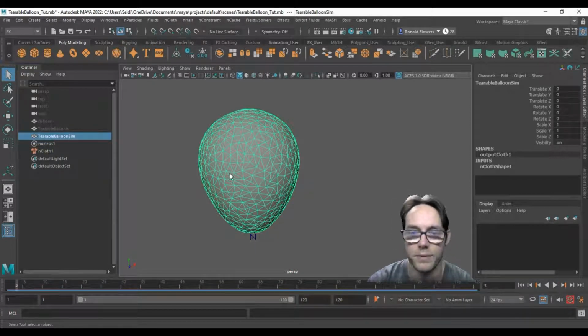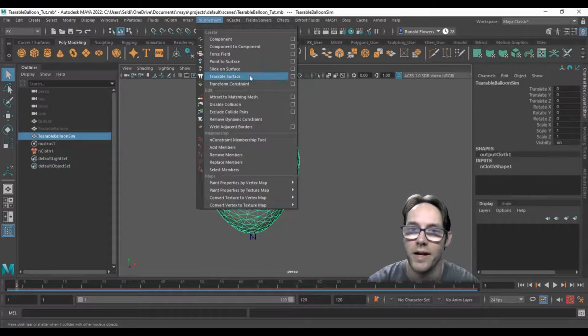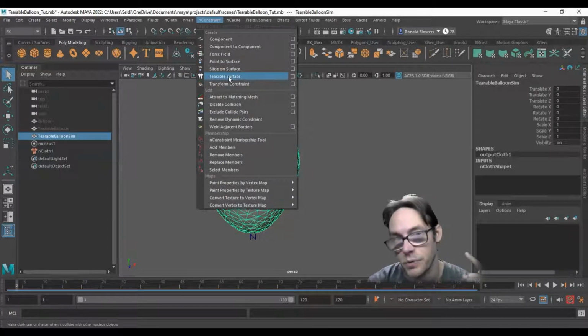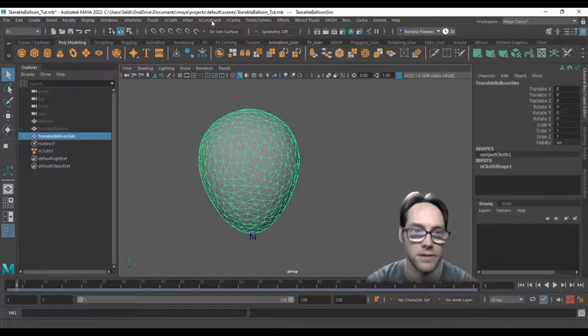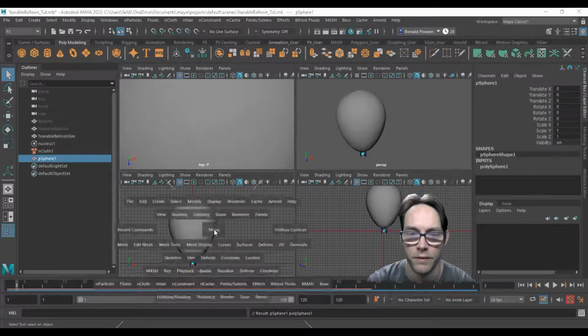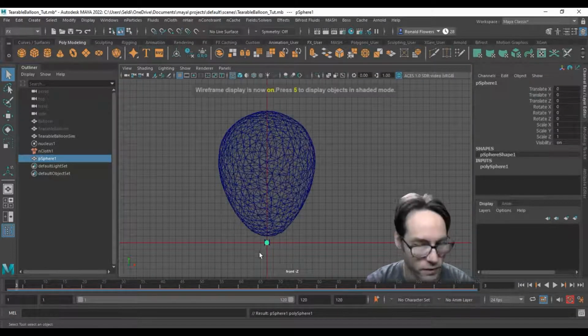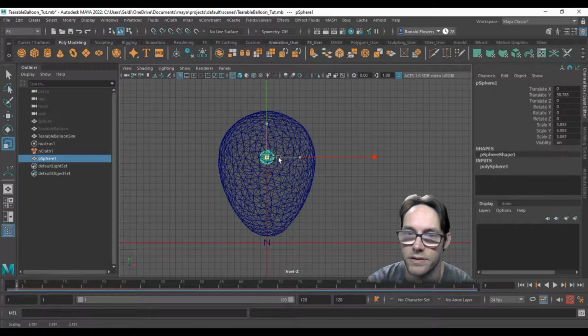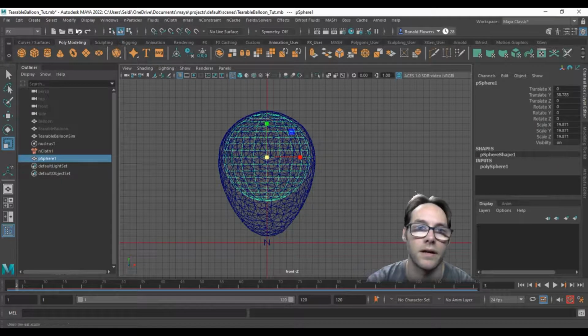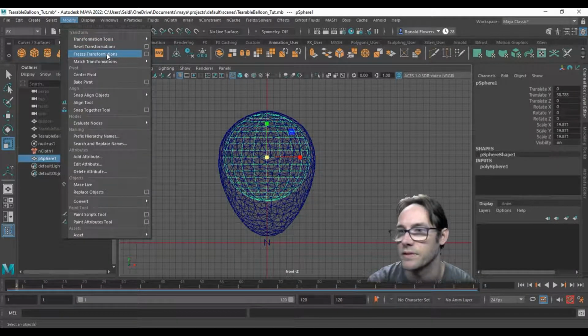And then to get this to be kind of poppable, normally what you would do is you would go up to Constraints and you would use the Tearable Surface option. But because we cut it ourselves, we don't have to use this. So all we have to do is create a passive collider. So I'm going to grab a sphere here, and I'll go to my front view. I'll go into wireframe, and for my effect, I just sized this sphere about like so,